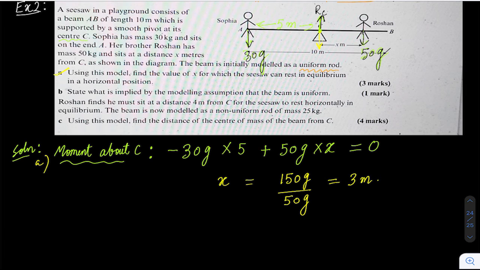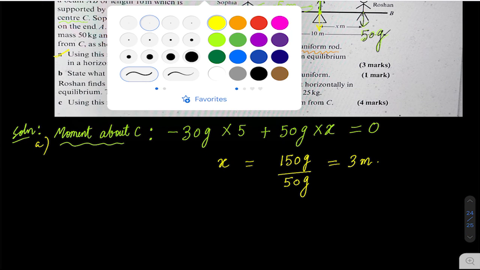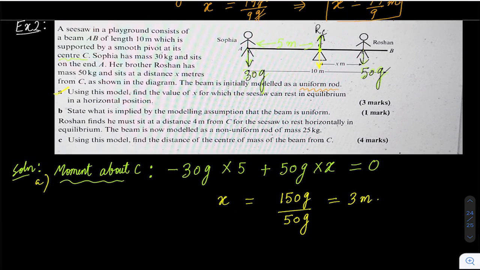Okay, so Roshan finds that he must sit at a distance of 4 meters from C for the seesaw to rest horizontally in equilibrium. The beam is now modeled as a non-uniform rod of mass 25 kg. Find the distance of the center of mass of the beam. Okay. So now the next part is basically what they are saying is, instead,